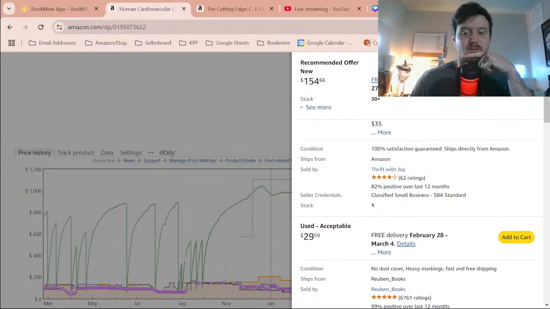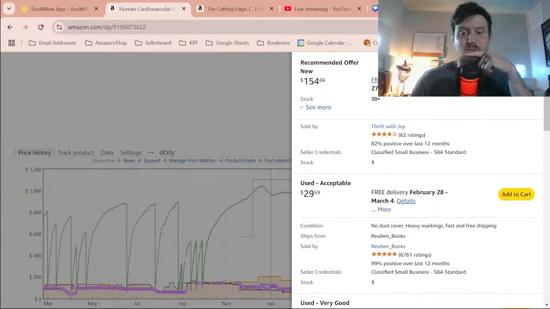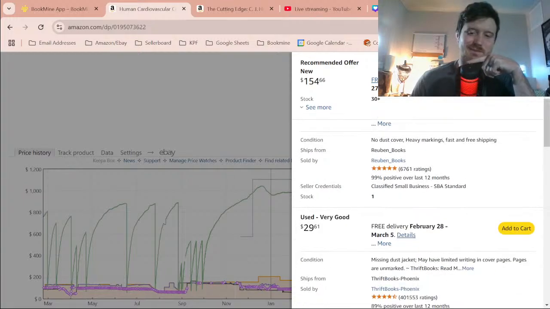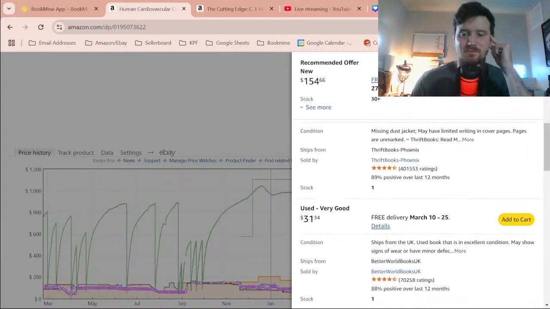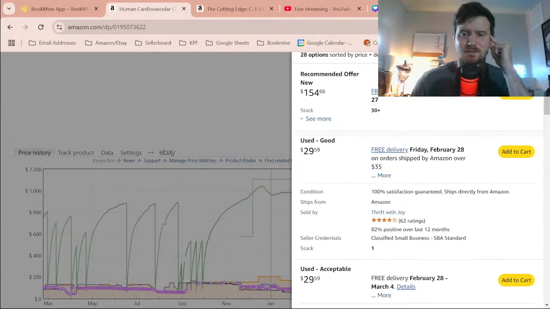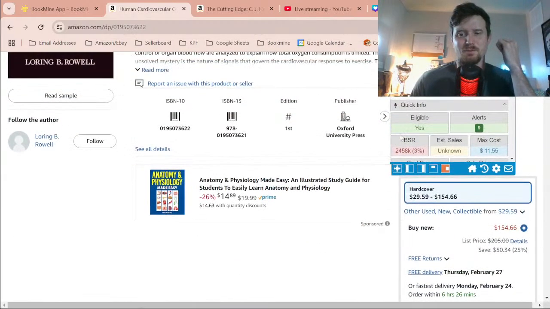FBA. Unfortunately, you can get the acceptable one. No dust cover though. I wouldn't go for that one. Wait, right here. Oh, missing dust jacket again. Is this one missing the dust jacket? 100% satisfying. It does not say. It is 82% positive, but since it says good, I would probably still try it. At $29.59 though,